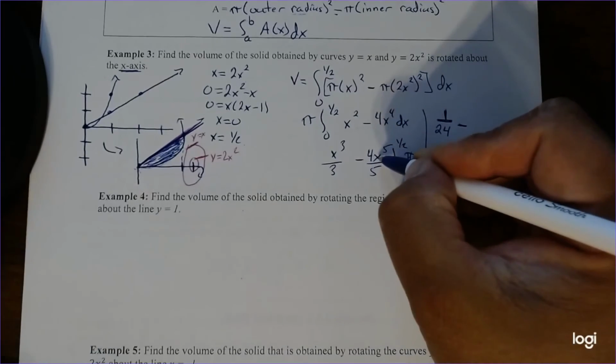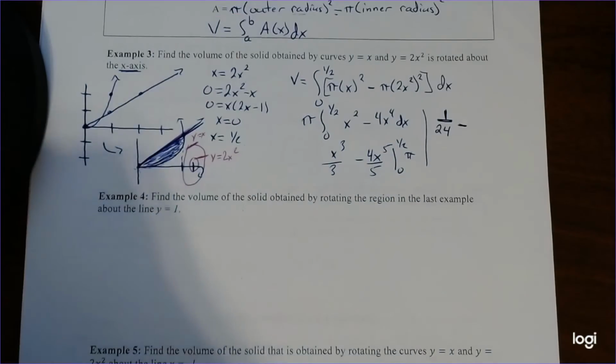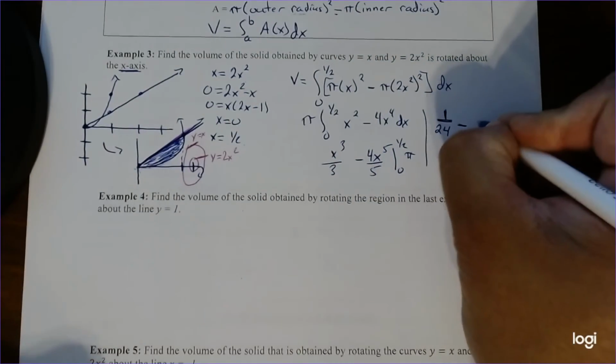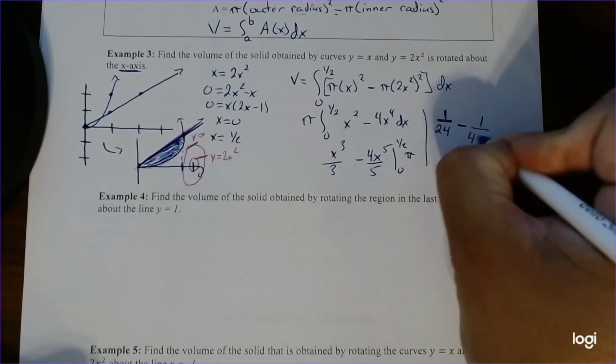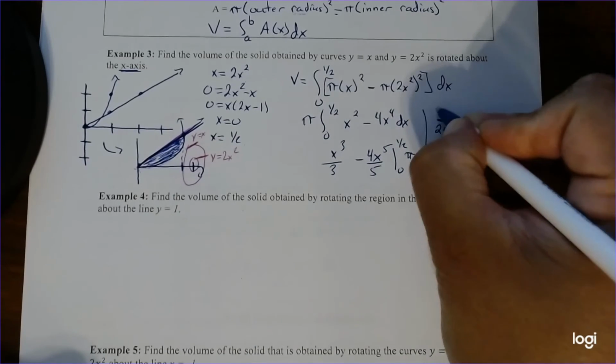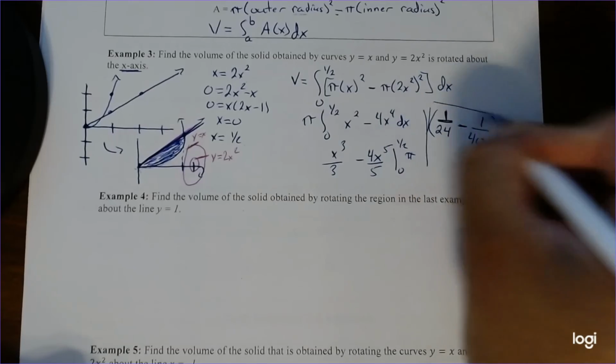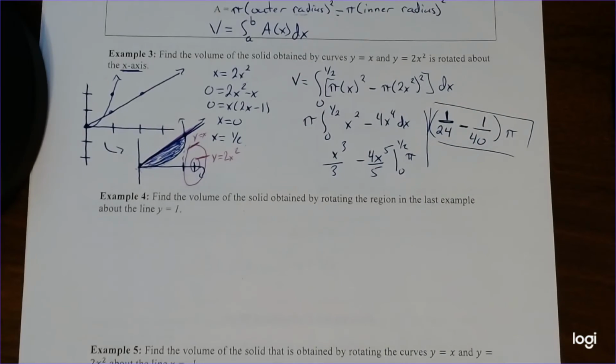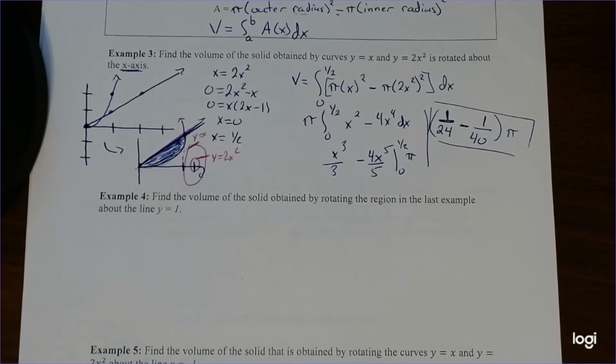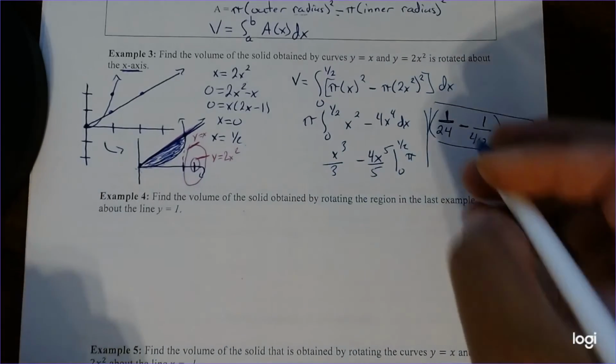And then with the 4, that gives you 1 over 8. So this is 1 over 40. And then this whole thing times pi. And there's your answer, whatever those subtractions are. If you want the exact answer, we could just use a calculator for that, but I could give it to you real quick if you like. So approximately